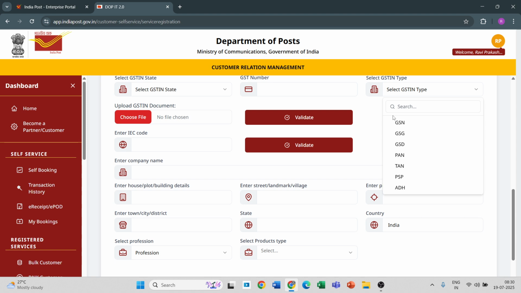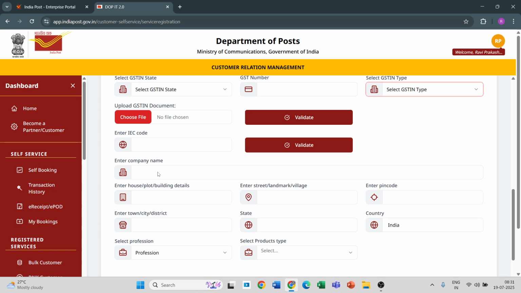GSG you can choose if you are working from a special economic zone or are a developer, registered entities located in special economic zones. Then GSD means deemed exporter, entities registered for the purpose of deemed export under GST. Manufacturers, traders, service exporters, all should select GSN only.